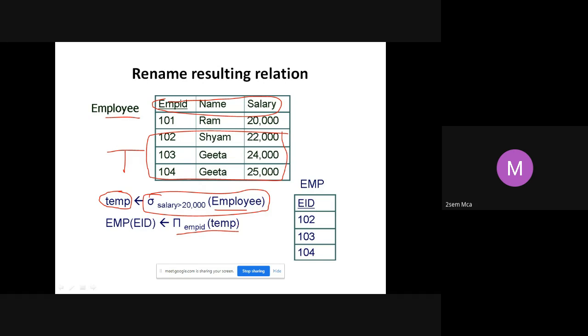But I don't want the result to be called EMP ID, I want it to be called EID, and the table to be called EMP and not employee or temp anymore. So this will be my final result, where my table is called EMP and my attribute is called EID and not EMP ID. That's how I am renaming my resulting relation.